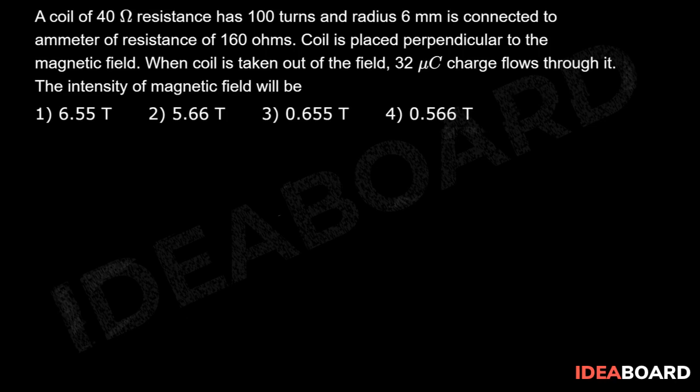So suppose there is a coil like this, and its resistance is, let's say, 40 ohm, and suppose this is an ammeter which has a resistance of, let's say, 160 ohms. So now they are connected like this. What happens? If they are connected like this,